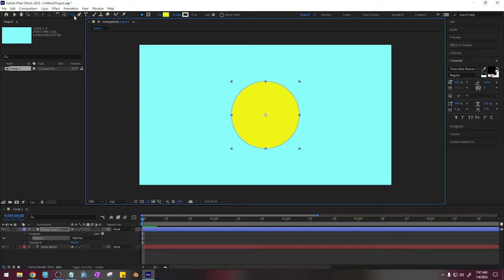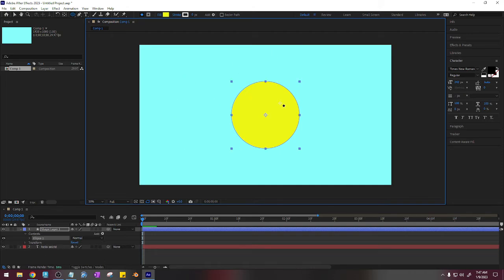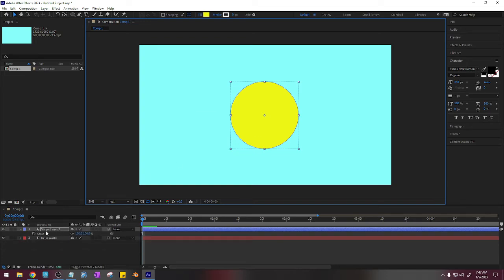Now with the shape tool selected, I'm going to go to the selection tool, because if you try to do anything on this layer with the shape tool selected, it's just going to keep adding more shapes, which I don't want to do. So what I'm going to do, center the object, and I'm going to animate the scale. So I'm going to press S to animate the scale,